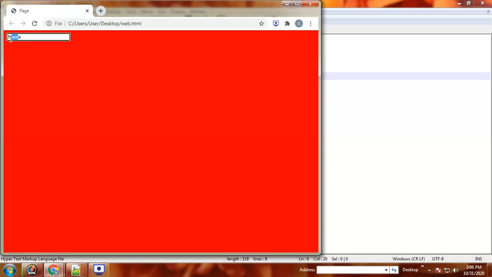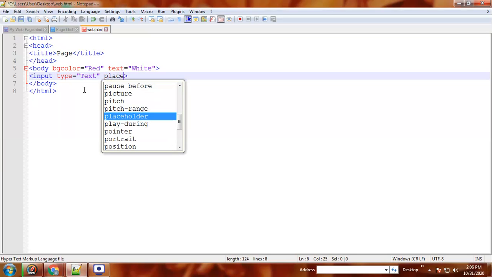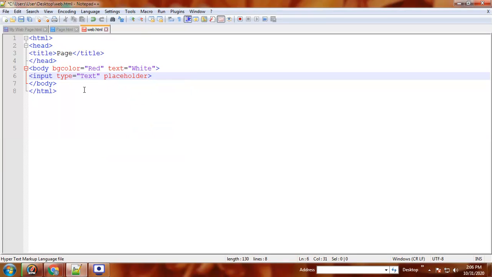For this, you have to give a space, then placeholder equal to, and the word you want to show will be given in this placeholder.